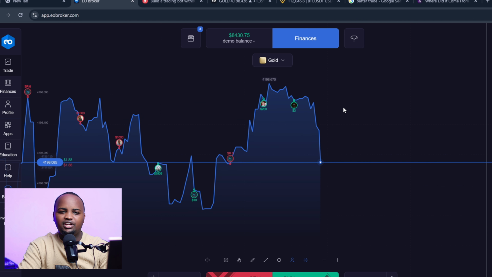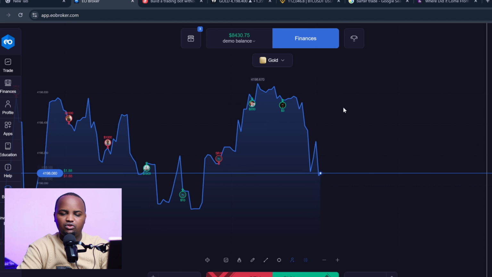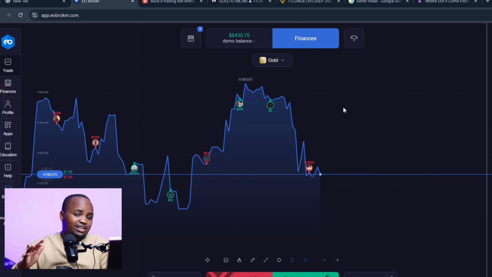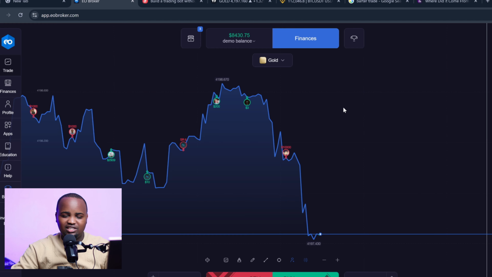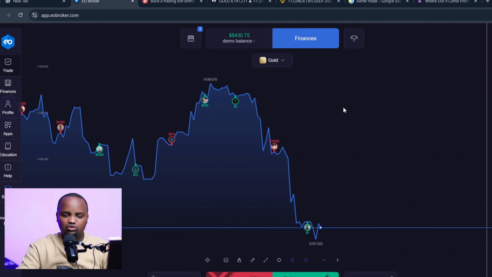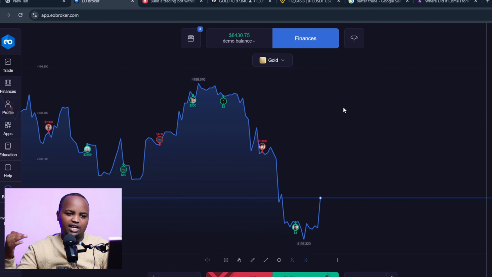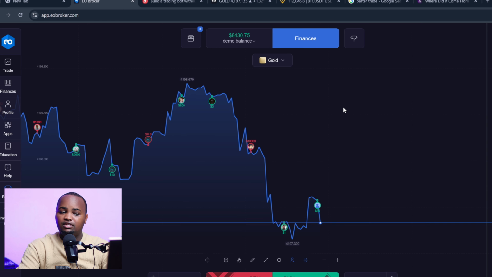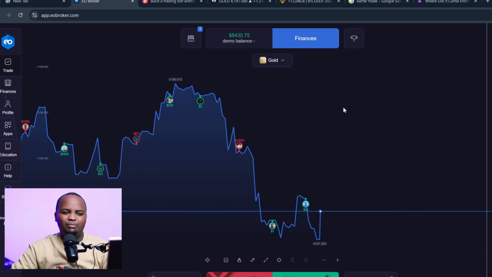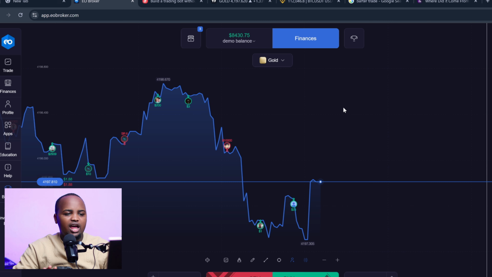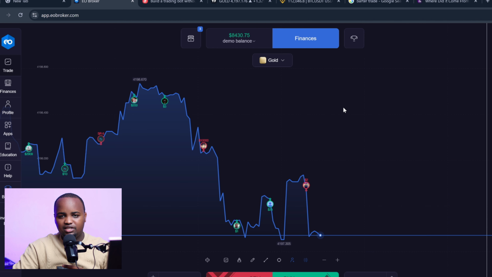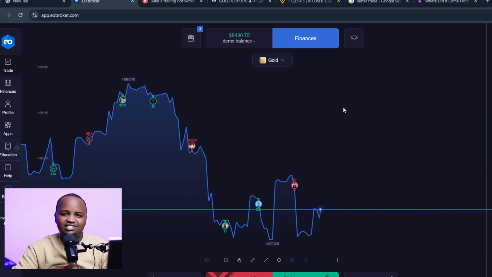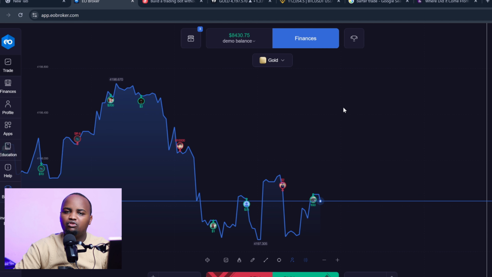So when you talk about trading gold and currencies and all those things, the market is actually very volatile. That means the market is moving. It's not like in Kenya shillings where it is 129 today and tomorrow is 129 again. No, this market is very volatile because people all over the world are buying and selling. A lot of transactions are happening at the same time, and you see the market every second is fluctuating, the prices are changing, either moving up or down.